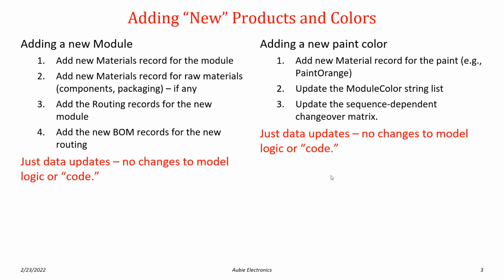Then we can purchase or add order records for modules in that color. And as with adding a new module, this is just data updates. We update the material records, the string list, and the changeover matrix, and there's no changes to the model logic or code. And so that's really one of the more powerful features of having this data-generated, data-driven modeling paradigm,